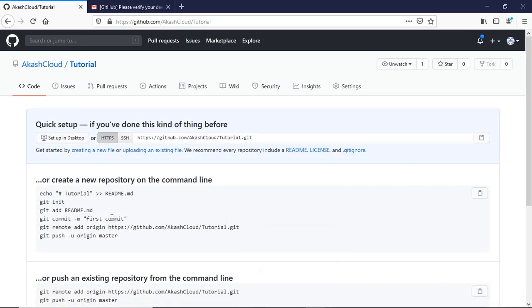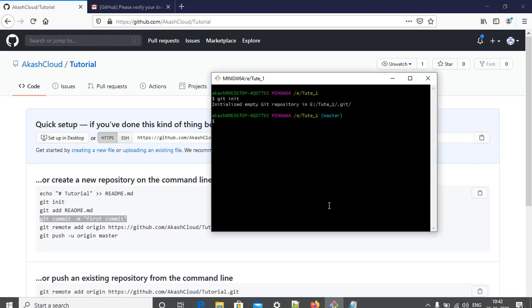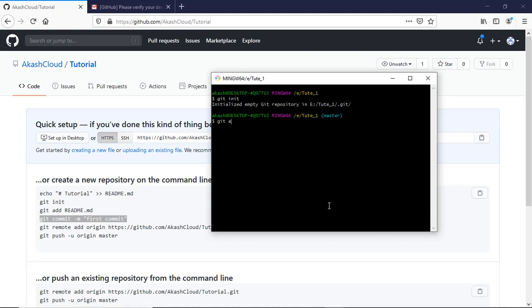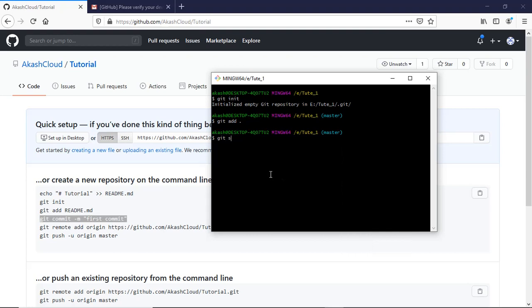For the second step, if you want to add a readme file you have to execute this code, otherwise you have to commit. Before committing, we have to add all these files, so git add with a dot for all files. Now I'm going to commit all this. If you check the status, you can see it here.